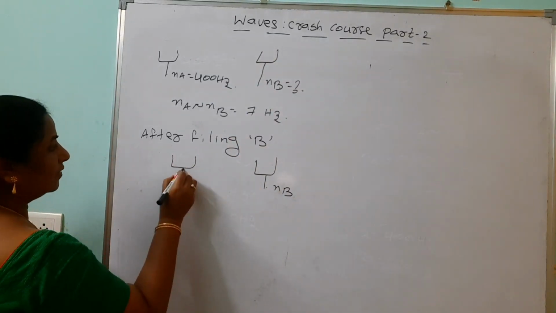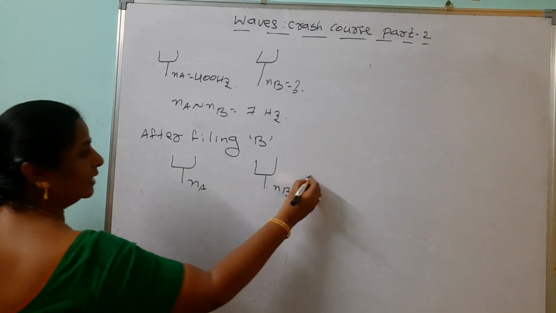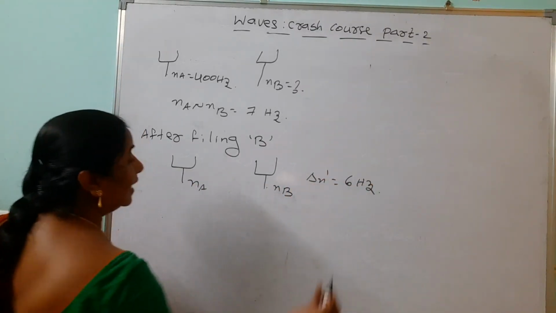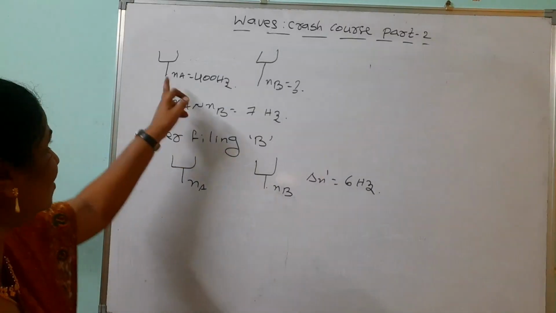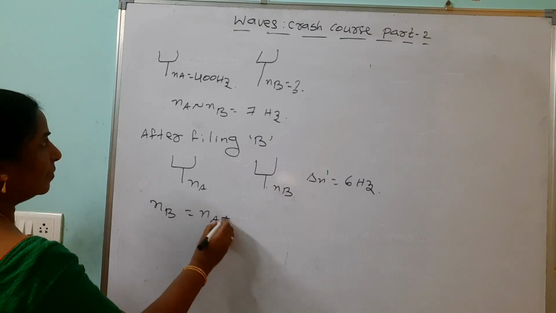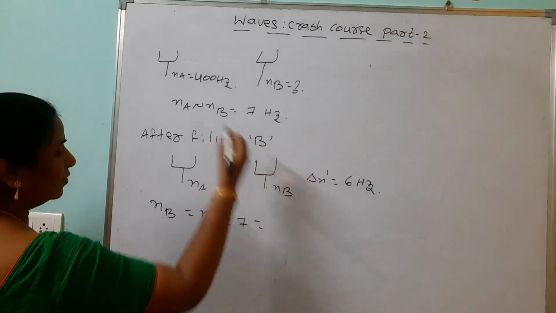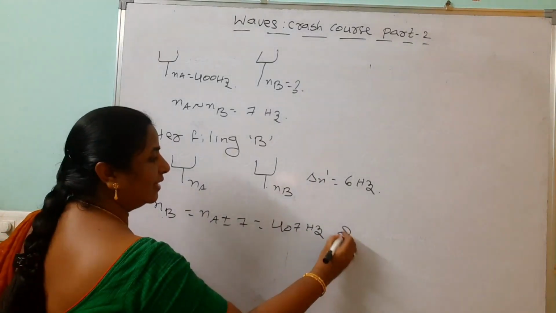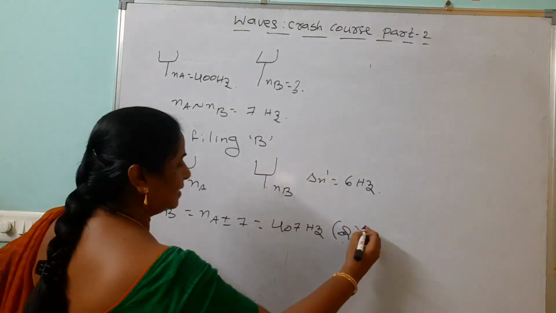That beat frequency they have given how much? Delta N dash is 6 Hertz. Then how to find out the NB? So NB what we are taking? NA plus or minus 7. So 407 Hertz. Our answer is 407 Hertz, or this is